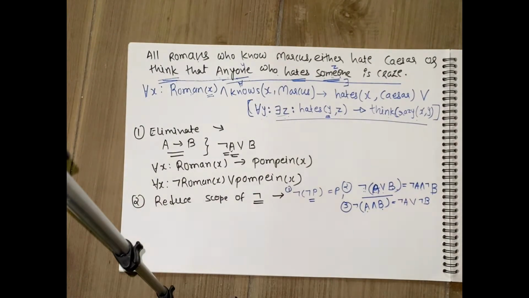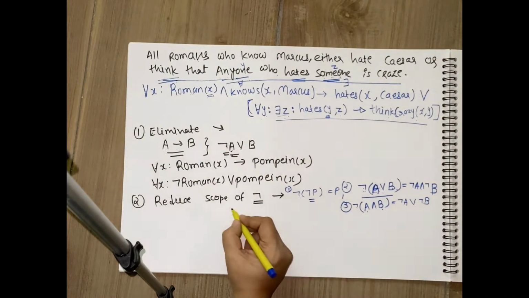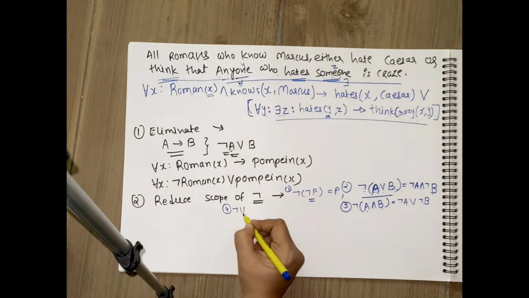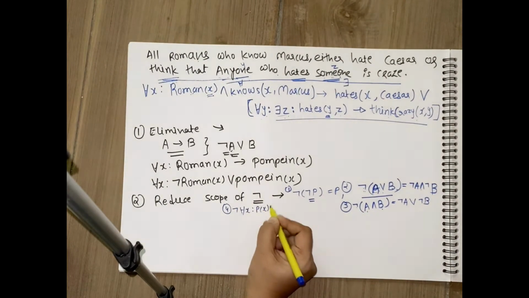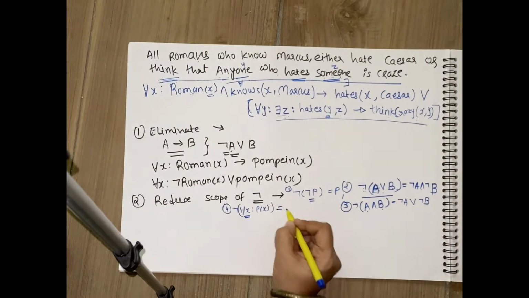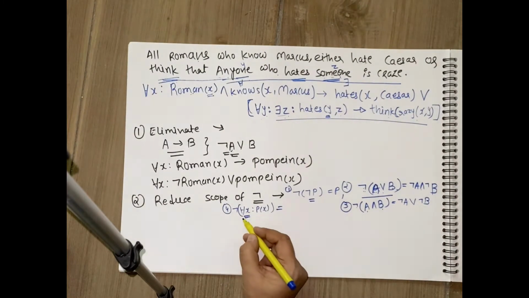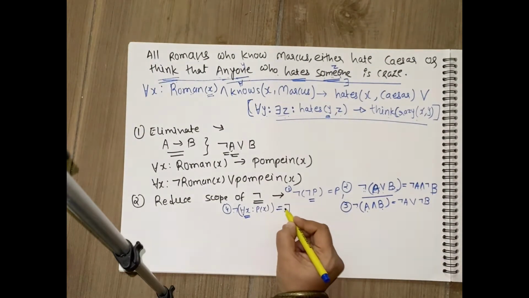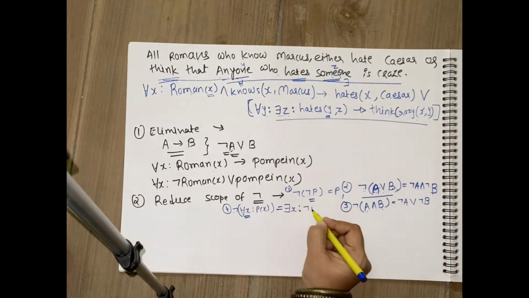And the last thing that you need to do in reducing the not operation's scope is the quantifier. If you have to apply not to for all x P x, meaning not is applied to the entire term, where not should be applied to the quantifier also, how are you going to treat it? It says that if not is applied to the entire term along with the quantifier, then for all will be converted to there exists, and then only not will be applied to P x. So this will be converted to there exists x such that not P x.